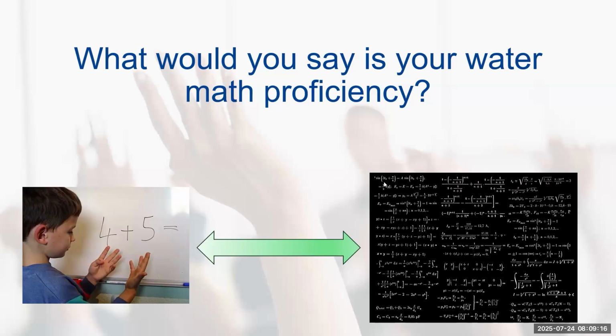Cool. Got a 1. Awesome. 3 or 4. Great. 3. Awesome. Okay. Great. Awesome. So we've got a really broad range of comfort levels and understanding of math. And that's really great. We're going to make sure today that we all start off on the same page with some concept of the basic ideas of math that we'll need to grasp as water operators. So I really appreciate you all jumping in there and participating.